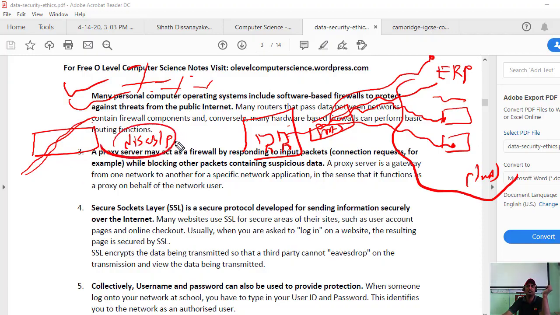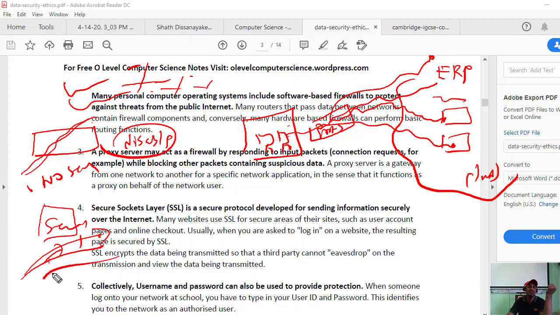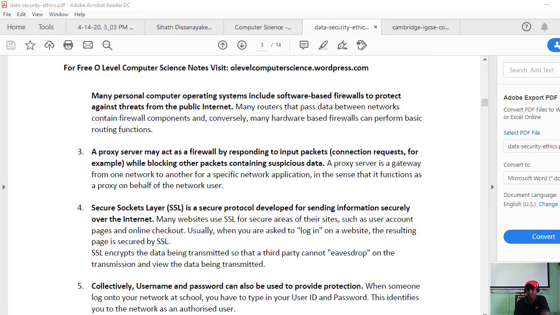When you are disabling the proxy, what will happen? It's like no security. Got it? That means disabling the proxy is like we ask the security guard to go home and say, okay, I will take care, something like that. So no security is there, right? Then anyone can go anywhere and anyone can come. So that is the vulnerability if you disable the proxy, right?